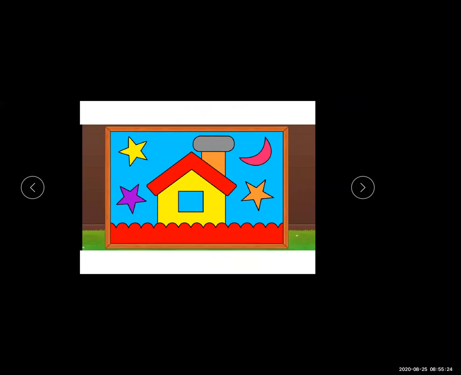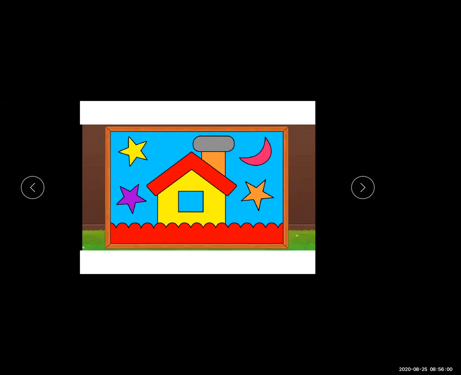Can you see on the screen? What is this picture of? House. And in this picture, all the shapes are given. All the basic lines are used to draw this picture. Purvi, can you see here on the screen? What is this? Star. What is this? Moon. Yes. And how many stars are there? Can you see, Prashant? How many stars are there?